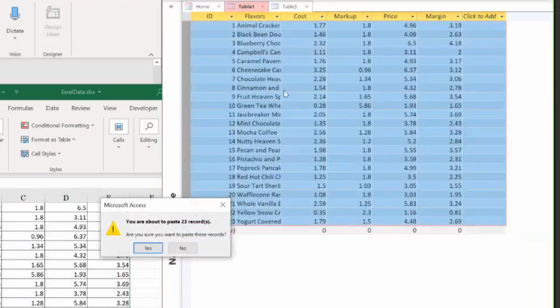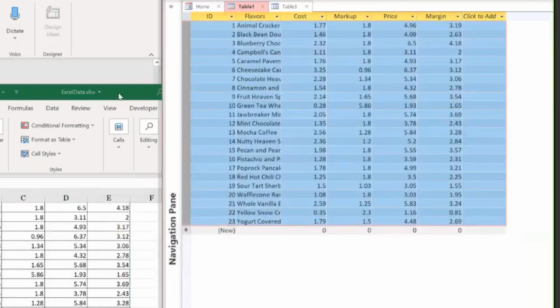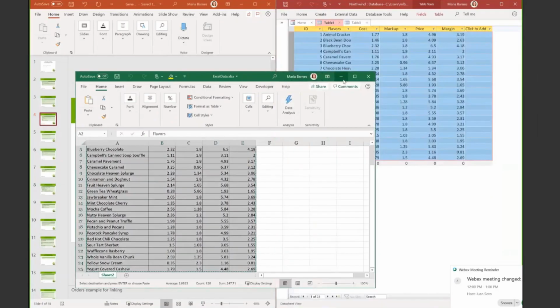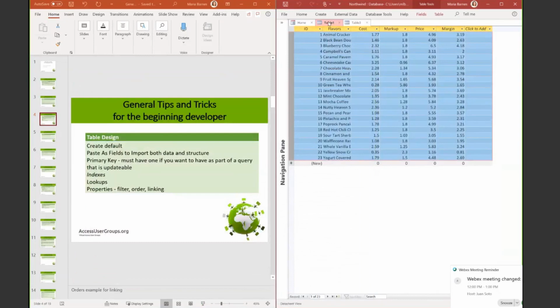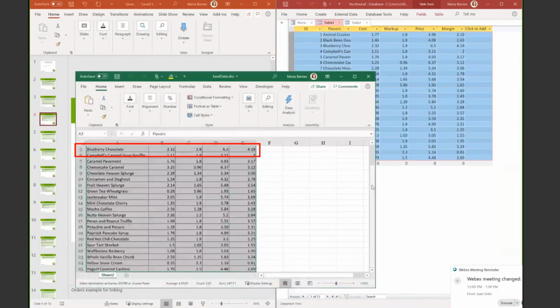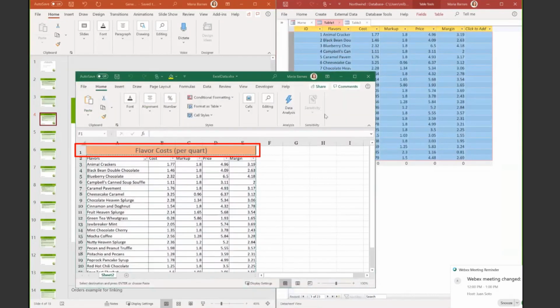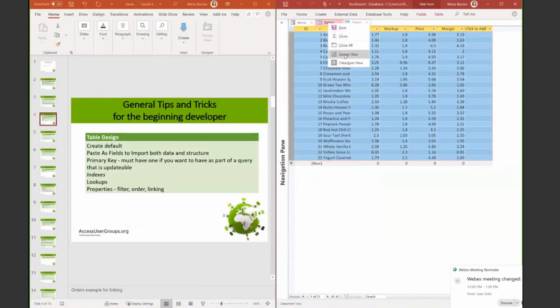And it does give you a warning. Do you really want to do that? But then I do advise you, if you're going to use a format like this, and you might ask, why did I not do an import? Well, if you notice, that Excel spreadsheet had a header line. So instead of taking this header line here and deleting that first, I just copied and pasted the data using this method. I think it's quicker sometimes,